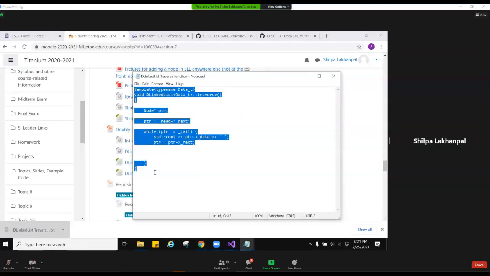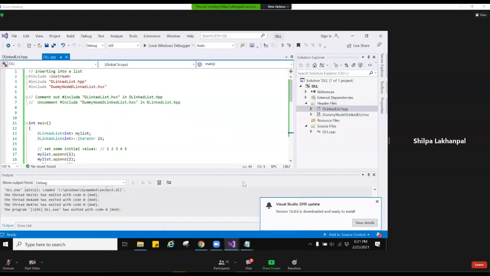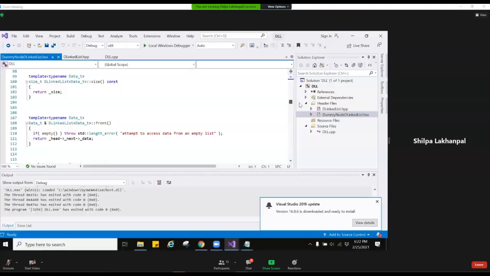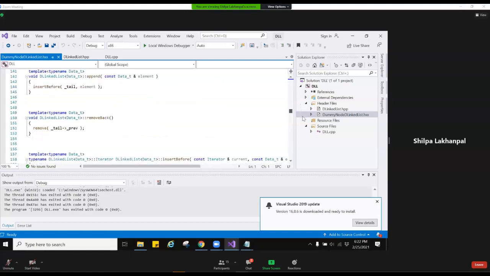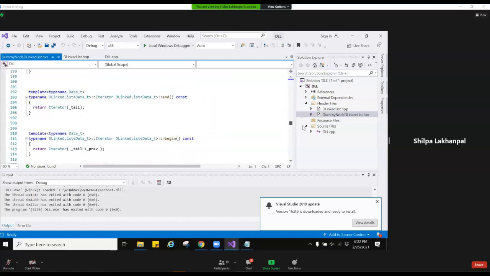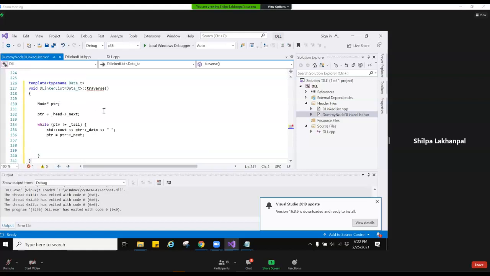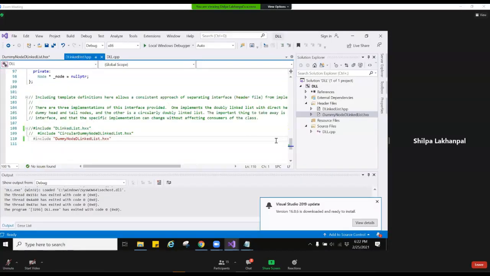Let me copy it and paste it in my implementation file over here. So again, I need to have the declaration in the HPP.